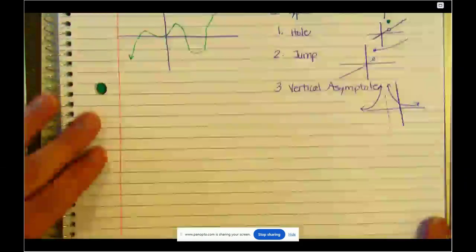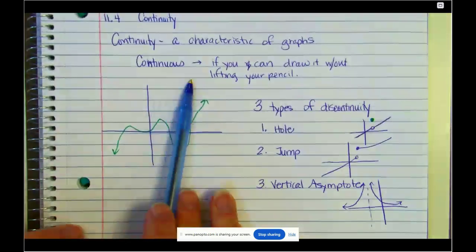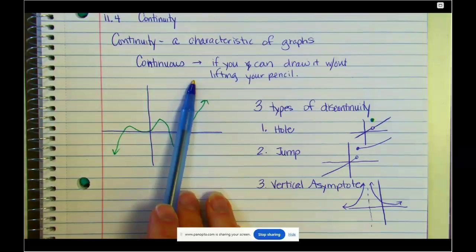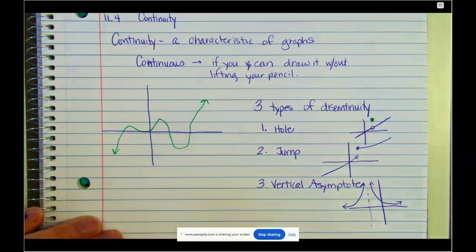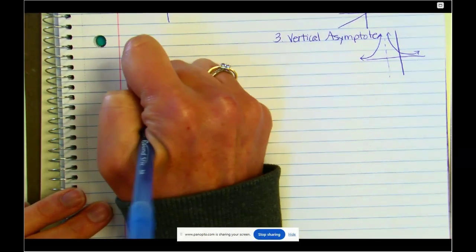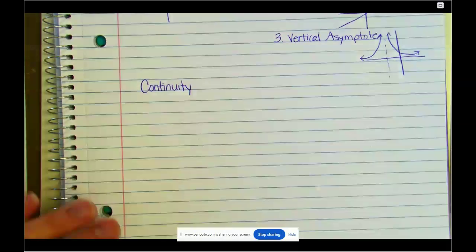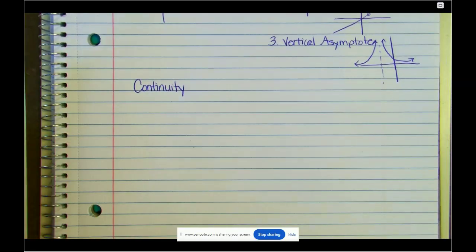Now, this is my Mrs. Douglas definition of continuous. You can draw the graph without lifting your pencil. There is a mathematical definition of continuity. Okay, so it's very mathy, and I want you to write it down because I want you, first of all, to understand that you are smart enough. I believe in you. You're smart enough to interpret a math definition, but I'm going to also teach you how to do that. So continuity,